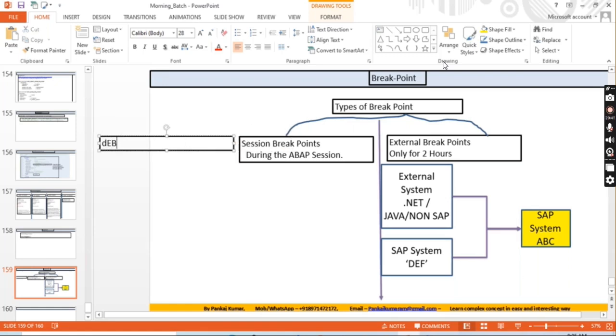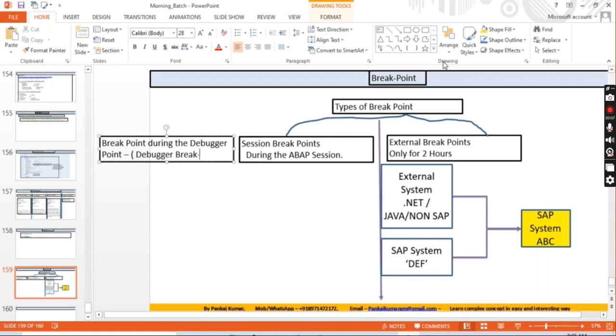So I'm just going to call it a debugger breakpoint during the debugger session. I will check what exact name SAP has given it, and I will write it here. But as of now I can call it a debugger breakpoint.